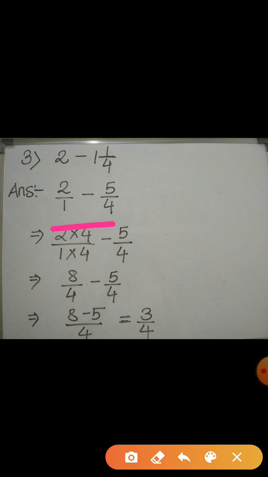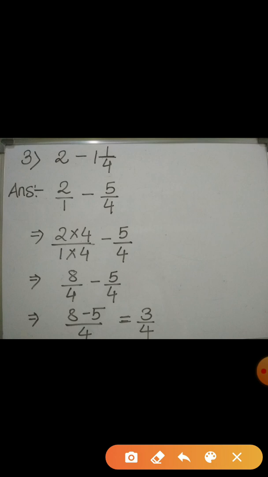Now we have 2 by 1 and 5 by 4, right? But they are unlike fractions. Hence to subtract them, first we have to convert them into like fractions. Means we have to make their denominators the same. You can see here the denominator of the second fraction is 4. So we can easily make the denominator of the first fraction 4 by multiplying by 4 only. So you can see in the next step, I have multiplied the first fraction by the number 4 in the numerator as well as in the denominator. And the second fraction will come down as it is.